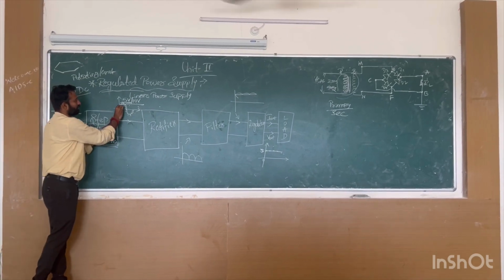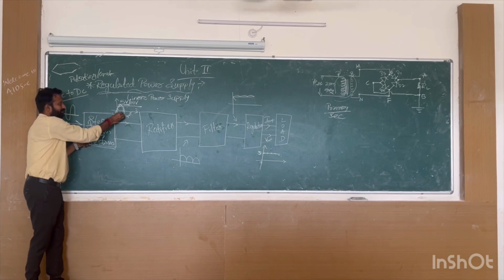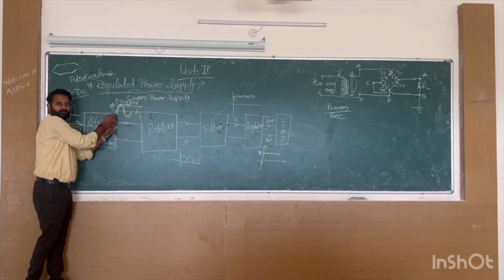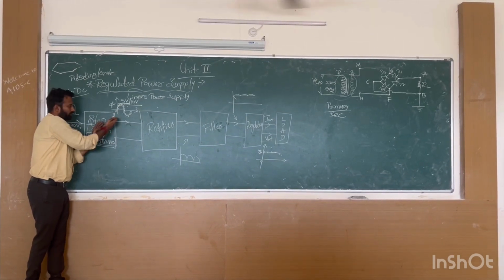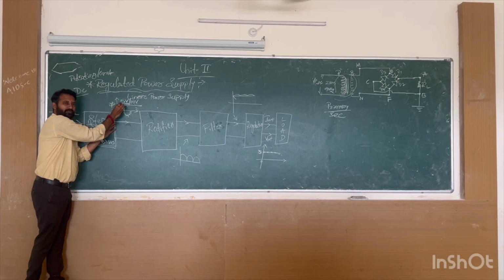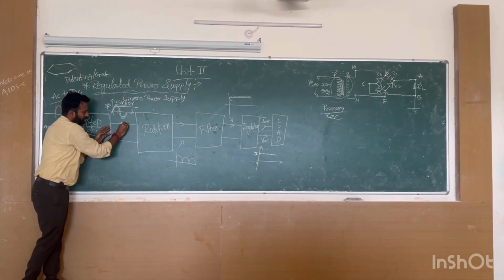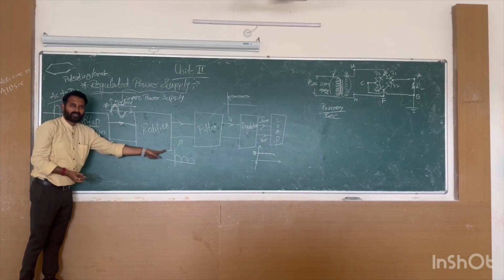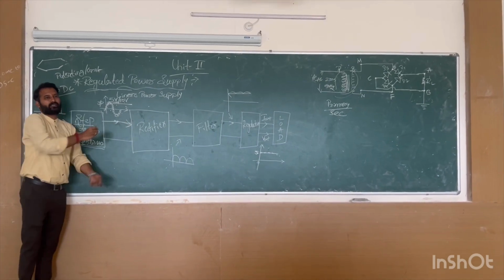Now this is my input voltage. Now the output of that, this is the output of the step down transformer. Where have I written this diagram? At the output of the step down transformer. Understandable? Here on the right side, this is the output of the step down transformer. The output of the step down transformer is given to whom? To the input of the rectifier. This is the input. Now this will be given to the rectifier.